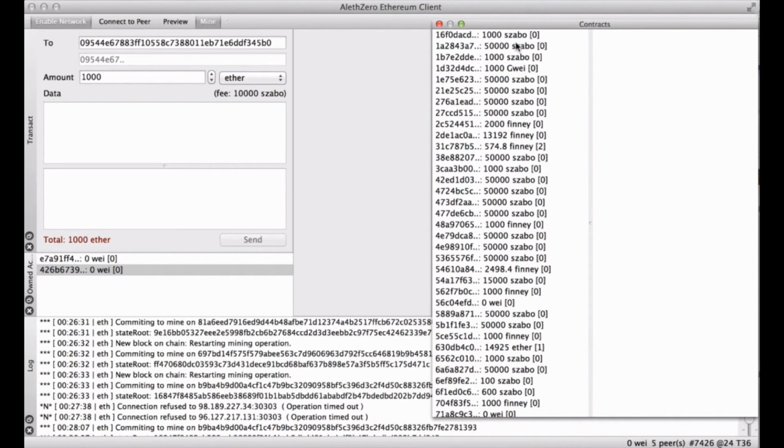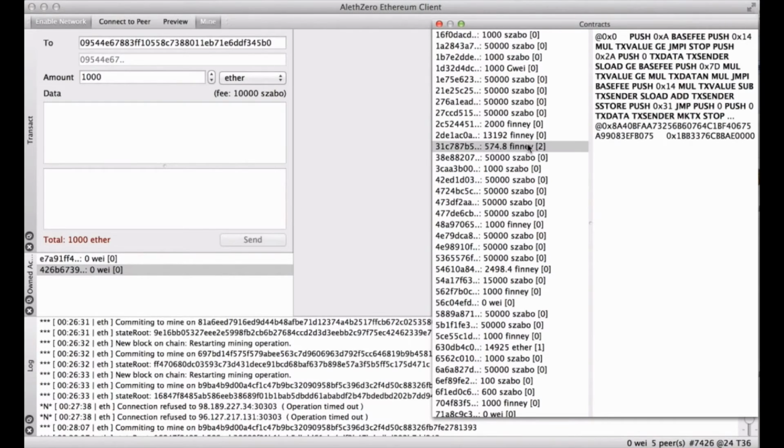Can you click on the one with the number 2 at the end? So the 31C, and there you go. Here we see the bytecode for the contract, and below the bold stuff you first have the at 0x and then a long hexadecimal string, and that is the key. On the next line you have the 0x1bb33. That is the value associated with that. So those are the key values in the contract storage